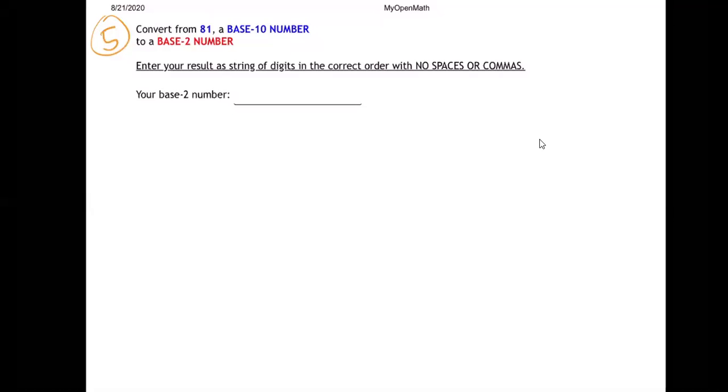So number 5, converting to base 2. Base 2 and base 12 are a little weird because they're so small, so big. It's the same basic process. So step number 1, write the place values